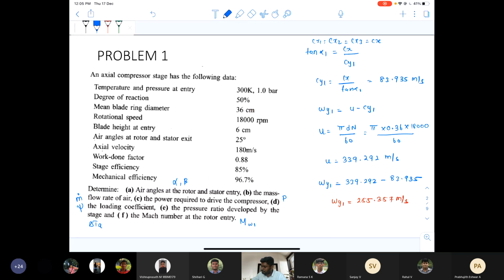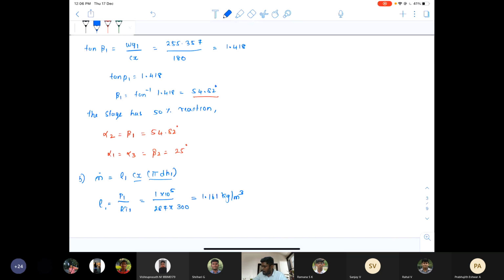Therefore, it will be 0.36 meter, and the blade height at the entry is given as 6 centimeter. Therefore, it will be 0.06 meter. Okay, we have both the values of diameter and height. This is D1 and this is H1. By substituting these values, you can get the value of mass flow rate. Therefore, mass flow rate will be equal to